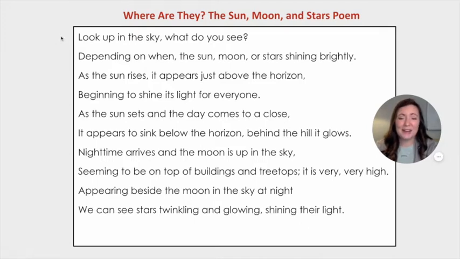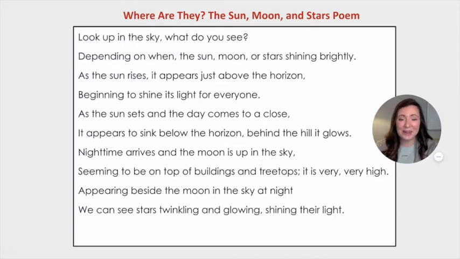Look up in the sky. What do you see? Depending on when the sun, moon, or stars shine brightly. As the sun rises, it appears just above the horizon, beginning to shine its light for everyone. As the sun sets and the day comes to a close, it appears to sink below the horizon.